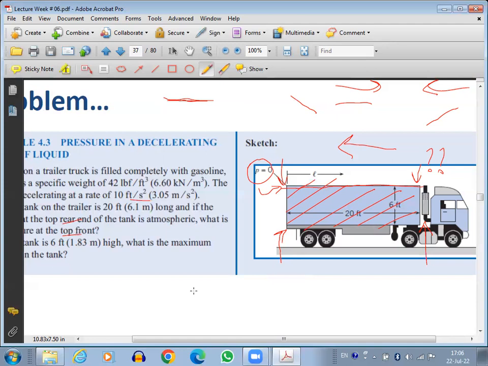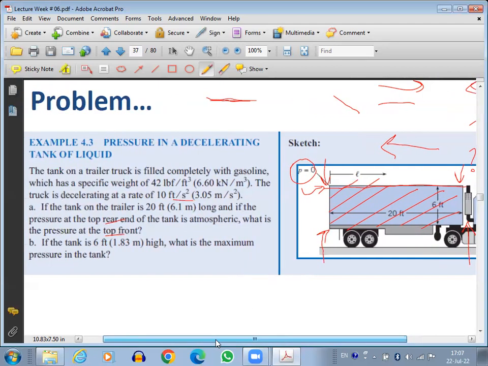So this is the problem statement. Before moving towards the solution, first of all, do you understand the problem statement? Once again with this statement. Tank on the trailer truck is filled completely with gasoline, which has a specific weight of 6.6 kilonewton per meter cube. The truck is decelerating at a rate of 10 feet per second square. If the tank on the trailer is 20 feet long and if the pressure at the top rear end of the tank is atmospheric, अगर इस point पर pressure atmospheric है, okay, what is the pressure at the top front